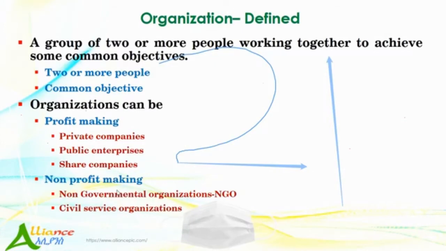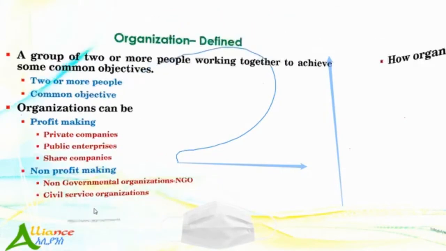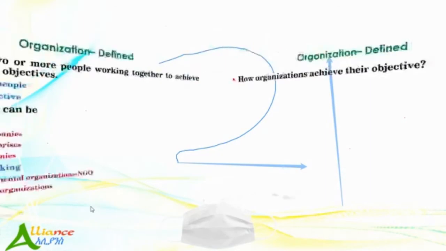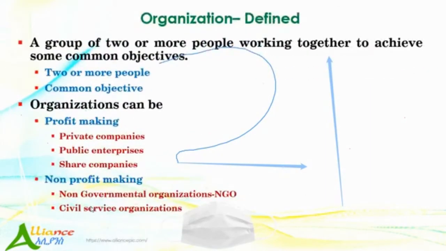ሼር ካምፓኒዎች አሁን ባንኮች፣ ሌሎች የምናያቸው ሁሉም እነዚህም ፕሮፊት ሜኪንግ ኦርጋናይዜሽኖች ናቸው። ሌላው ነን ፕሮፊት ብለን የምንሄዳቸው ኤንጂኦዎች እና እነዚህ ሲቪል ሰርቪስ ኦርጋናይዜሽንስ፣ ለምሳሌ የመንግስት መስሪያ ቤቶች ሲቪል ሰርቫንት ብለን የምንሄደው ሳይድ ላይ የሚሰሩ ሰዎች የሚሰሩት ነን ፕሮፊት ሜኪንግ ላይ ነው ማለት ነው። ሶ ኦርጋናይዜሽን አለ። ኦርጋናይዜሽን ስንል we define it as a group of 2 or more people working together to achieve a certain common objective። ሶ ድርጅት ማለት የሰዎች ስብስብ ነው። 2 እና ከዛ በላይ ሰዎች ተሰባስበው ስታብሊሽ የሚያደርጉት የሰዎች ስብስብ ነው የሚሆነው።